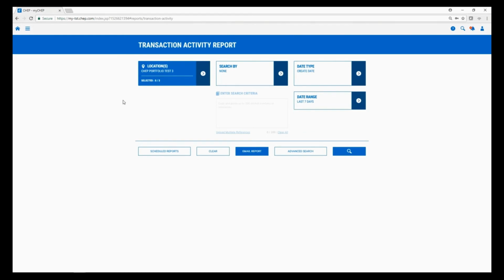So when you're running this, please be aware that this is yesterday and backwards. But you can make this a much bigger report, and you don't have to limit it to 200 lines. The other big difference here is you can actually run a report for all of your accounts at the same